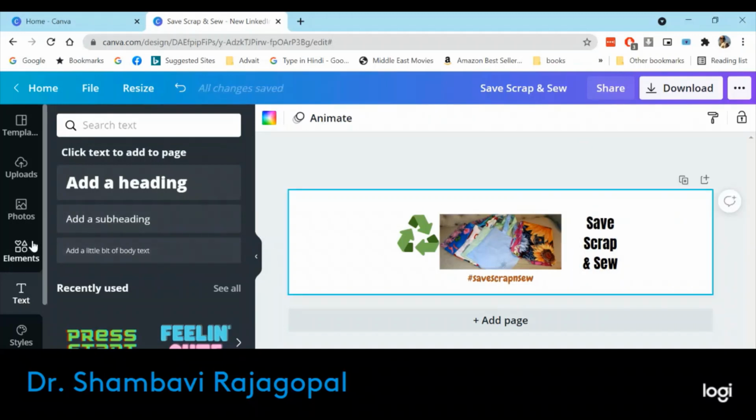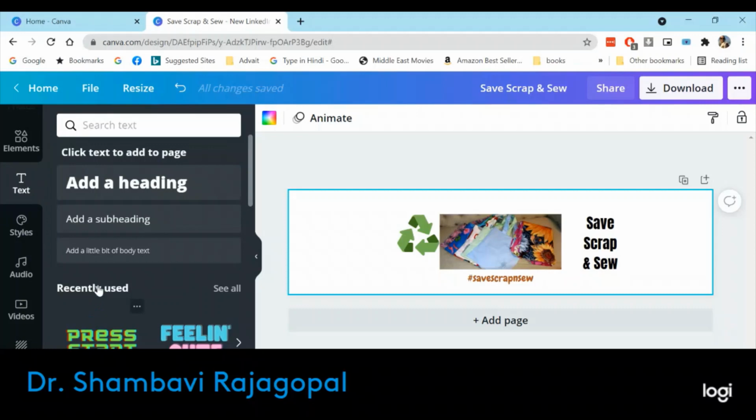Now let us look further. I would like to come back to the left side. I would like to add an audio to it if I'm doing anything else. But now since it's a banner, I don't need an audio. You do have the option, however, for adding for Facebook posts or Instagram posts. So we have an option now.